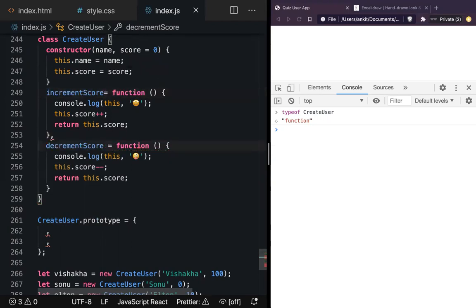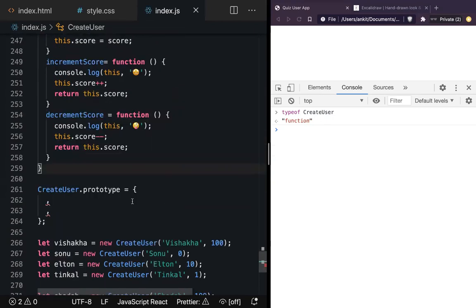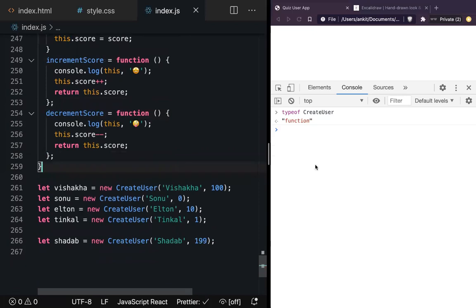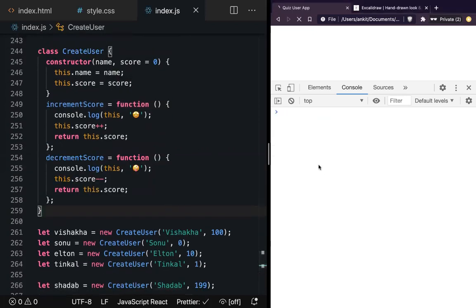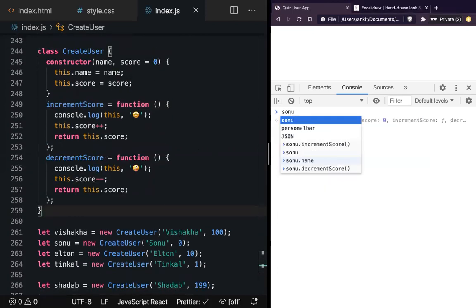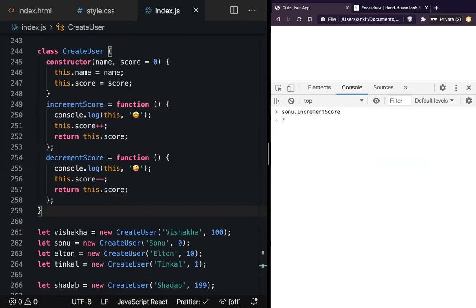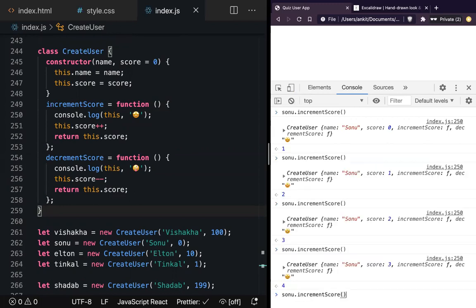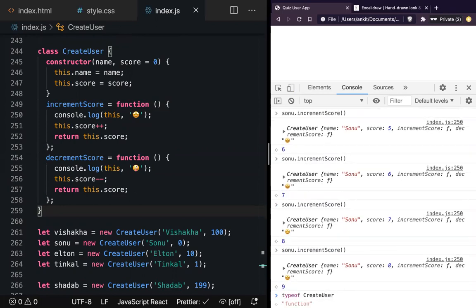Similarly, decrement is going to be a function. Now, if we remove this part, let's see if it is working or not. Refresh it, call Sonu dot incrementScore. Call it again, call it again, and it is working every time, right?